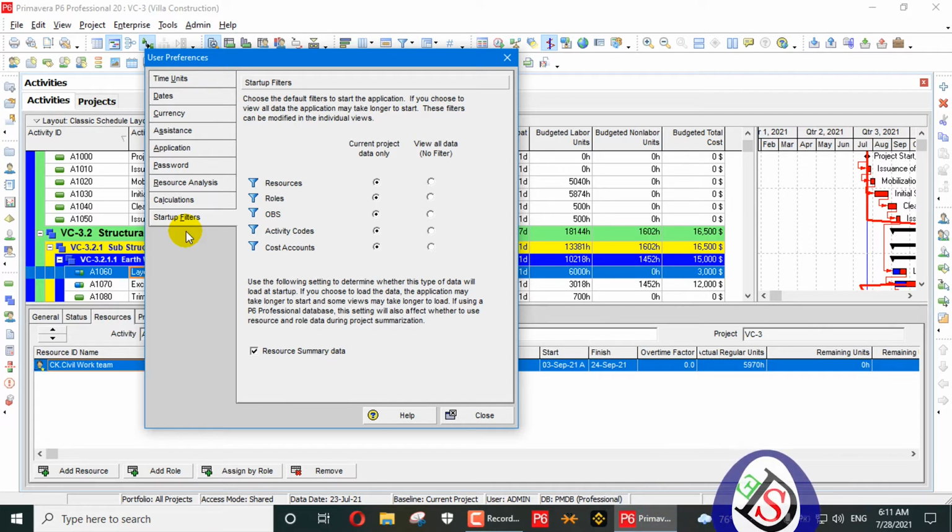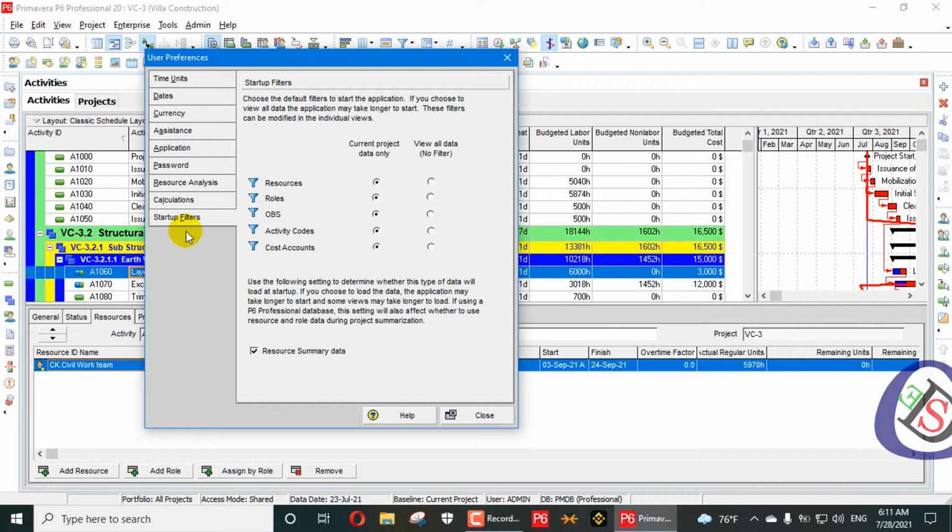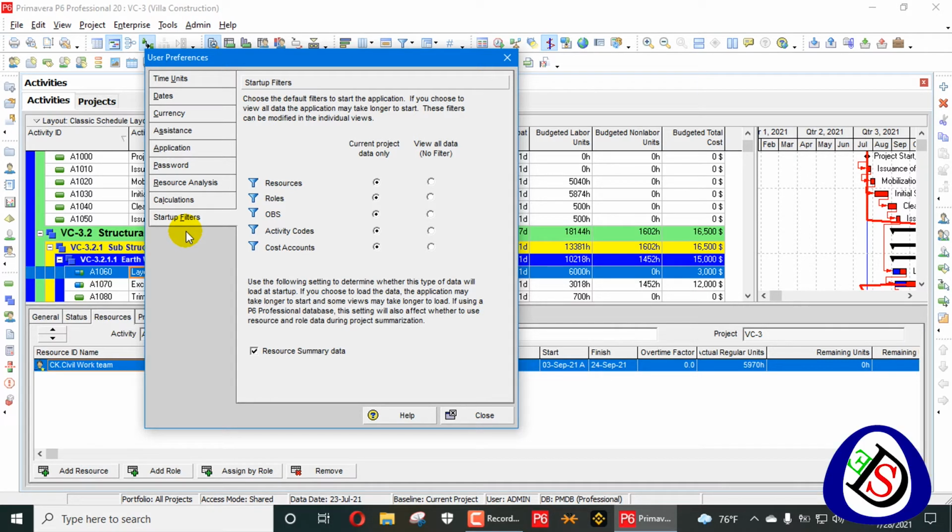lot of projects in a database. Some companies have a lot of projects dealing with different level planning engineers. So you have to decide which position you are working in. You know your position, and how many projects you are dealing with. If your database has a lot of projects and you apply a filter to your current project or all projects, it will matter to your application usage.